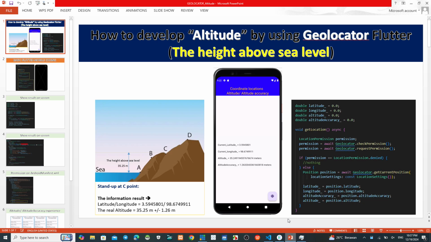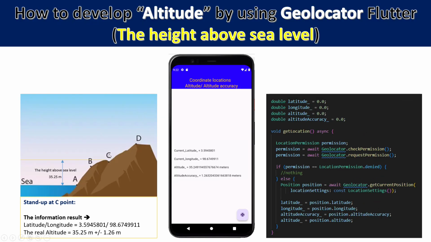This moment I would like to show you how to develop the altitude by using geolocator Flutter. Okay, what is the altitude? Imagine you stand up here at sea level or sea point, and then you want to know how many meters you stand up from the sea level.